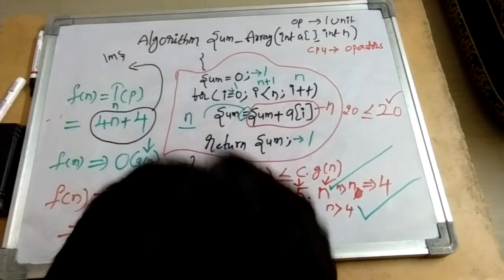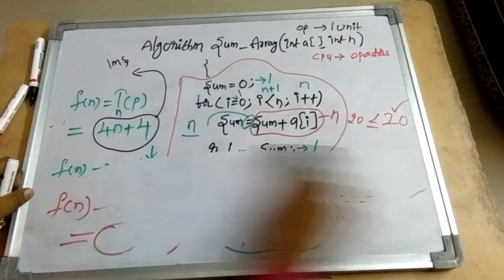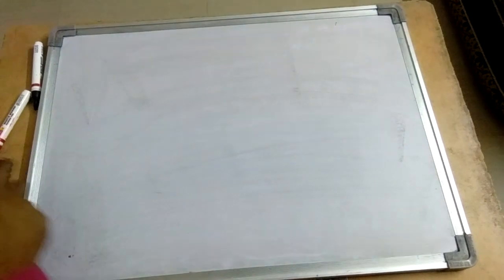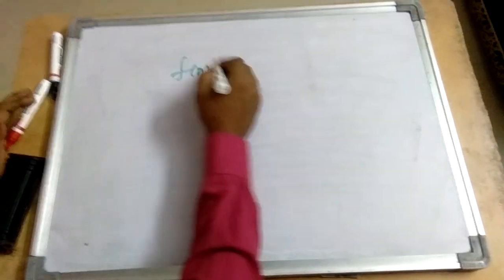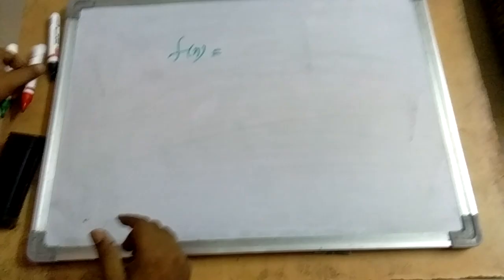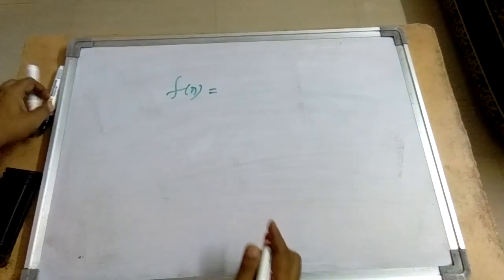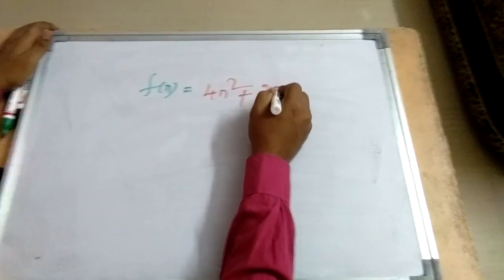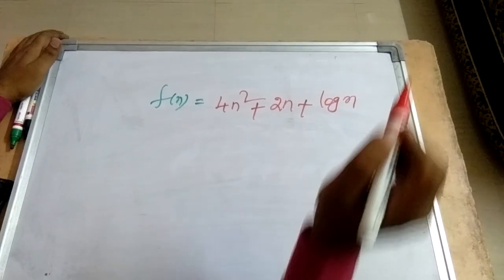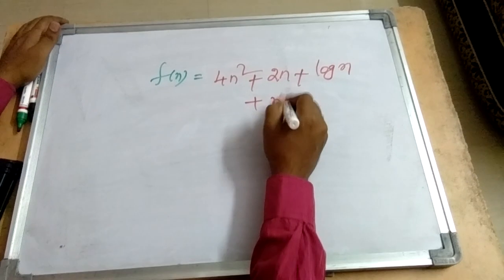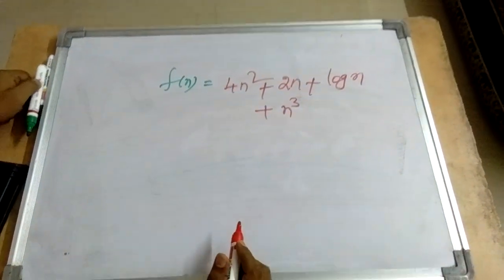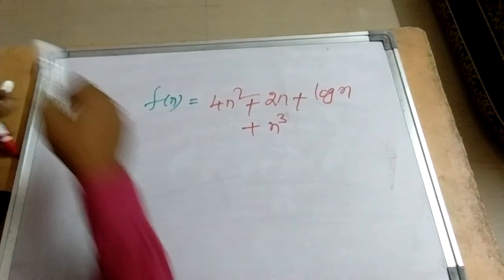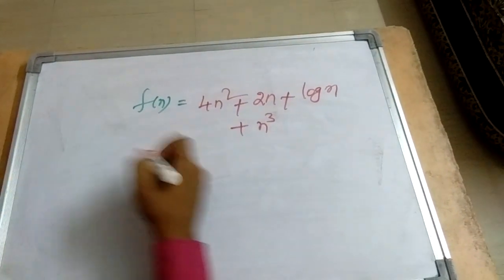Okay guys, now let us take one more example, try to understand. So for a given algorithm, how do you get the time complexity? For example, if you get f of n, because you come to know how to derive this f of n. Now for example, say f of n is equal to 4n square plus 2n plus log n plus n cube. Then how do you get the time complexity of this algorithm? In order to get the time complexity, there is a shortcut method in the big O notation. The first thing is